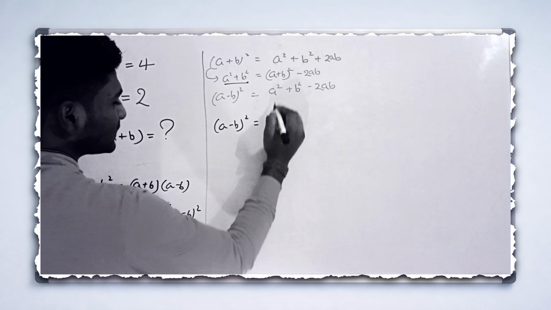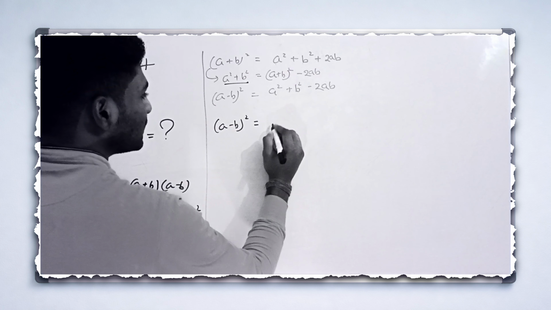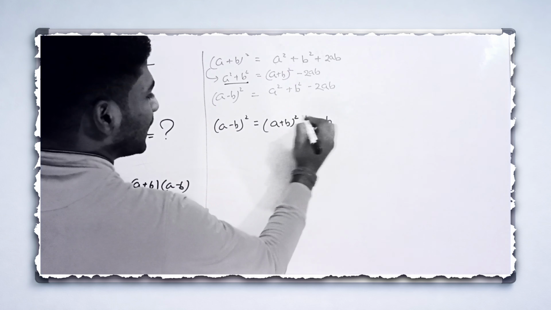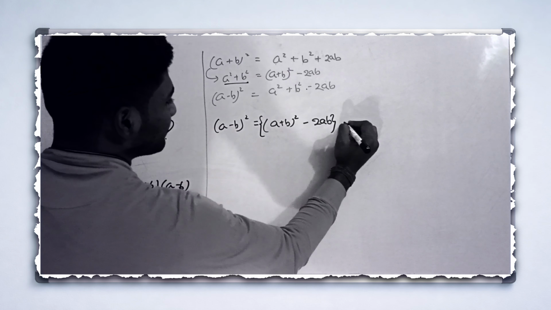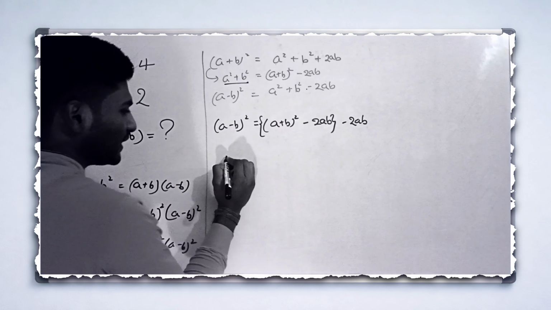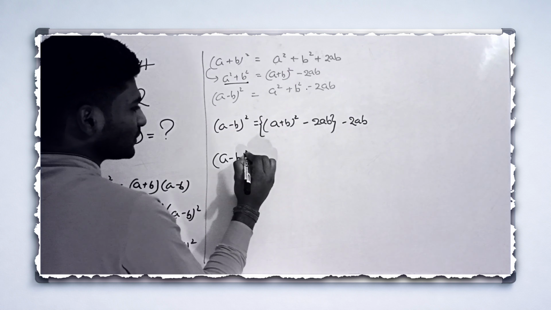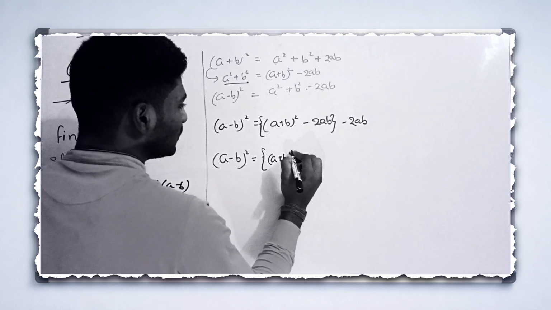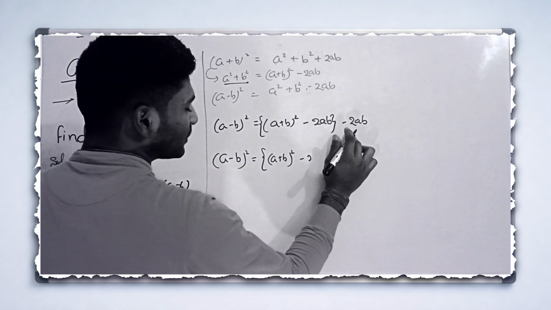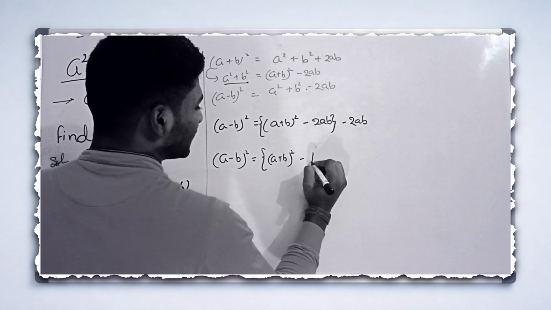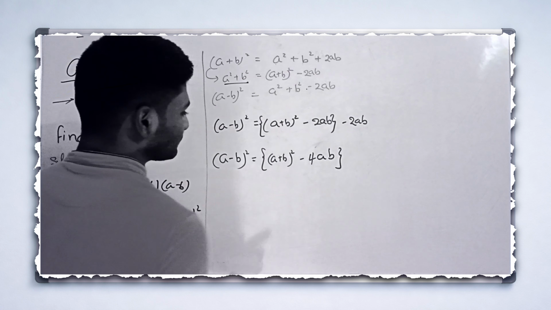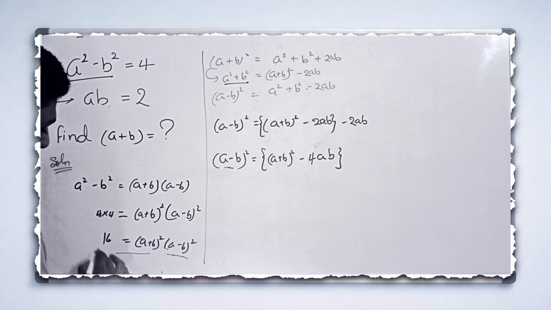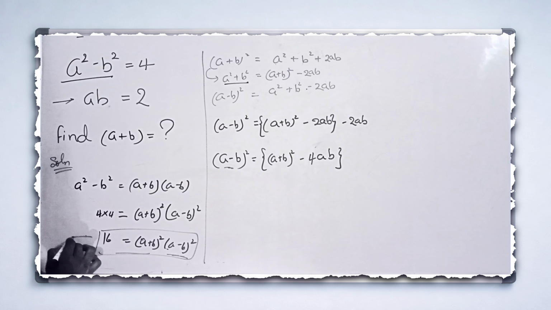So when we put the value of a square plus b square here, we get a minus b whole square is equal to a plus b whole square minus 2ab, and this minus 2ab. So we get a minus b whole square is equal to a plus b whole square minus 4ab. Now when we put this value of a minus b square here in our equation number 1, then we get